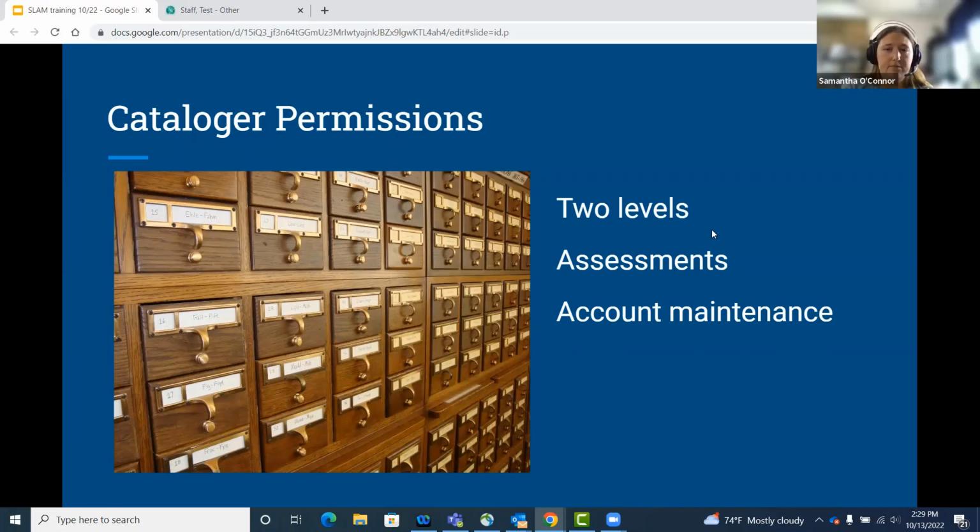You can take them as many times as you need to pass them. And generally speaking, I will get back to somebody within a week after having passed it with their updated permission levels. If somebody needs it sooner, don't hesitate to reach out to me and say, this person just passed their assessment. They need their cataloger permission today. I'm happy to change that midweek, but I definitely will make sure that it never goes more than a week